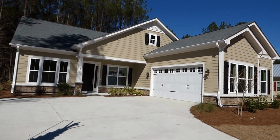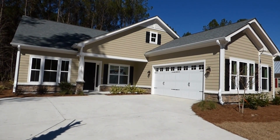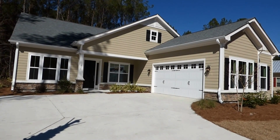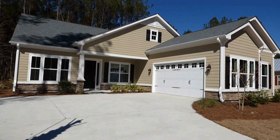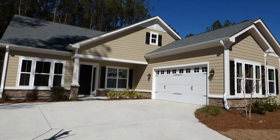And we're here to see this home, the Santorini Loft, one of the new models being built in Phase 3 of Hampton Lake. We're going to walk through this house, see if it could be for you. We'll talk a bit about the community of Hampton Lake, and we'll talk about having a buyer's agent and the